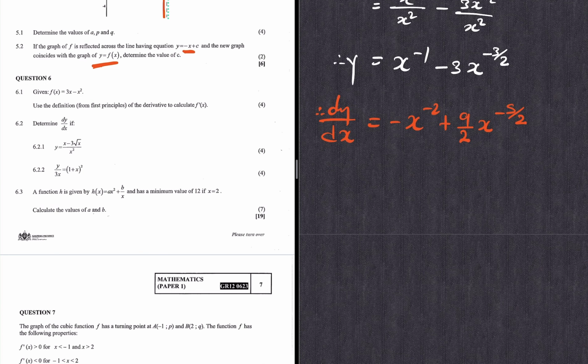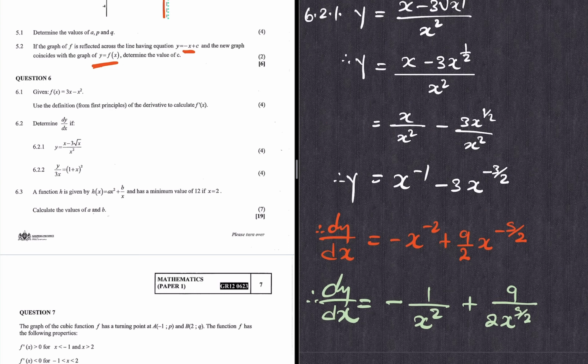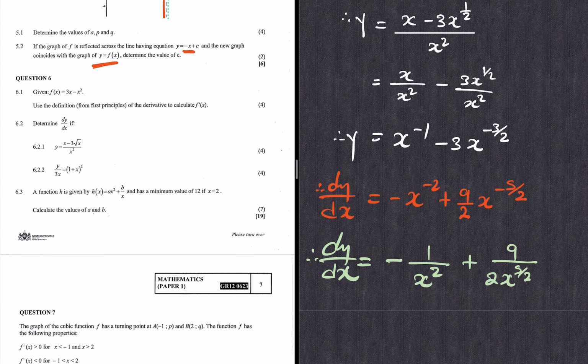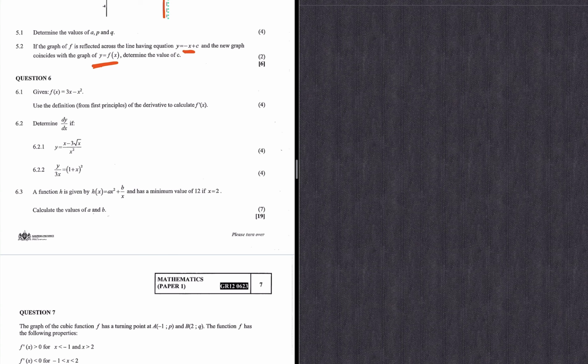Okay, so let's leave our answer with a positive exponent. We're almost done, guys. This is negative 1 over x squared plus 9 over 2x to the power 5 over 2. That is our dy by dx with a positive exponent. Okay, I think you get it. It's not really difficult. Let's check